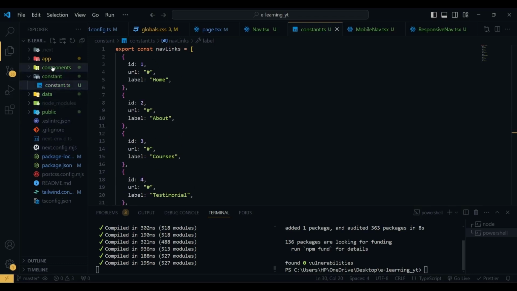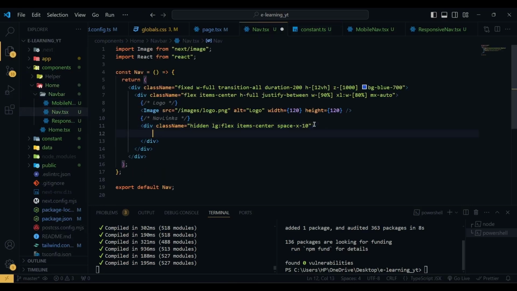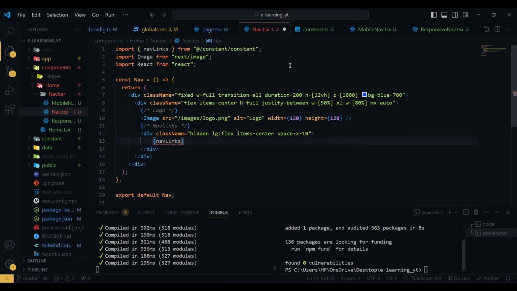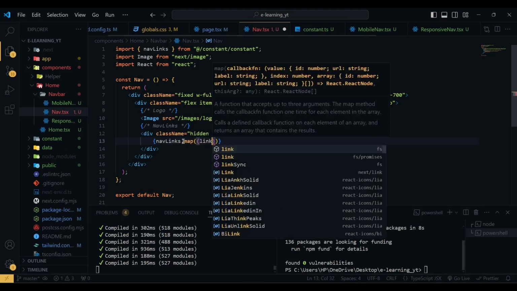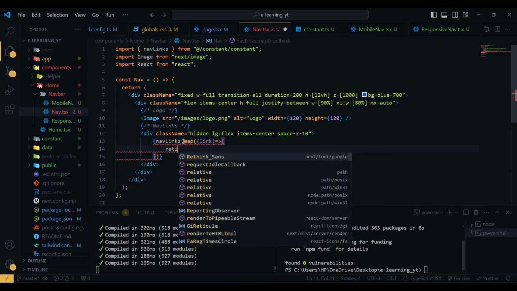So let's open our navbar. So in the navbar, inside this div we are going to first import our navLinks from our constant. So here we import the navLinks from our constant folder, and then we are going to map through them, and by mapping through them we are going to get the individual link object, and then we are going to return